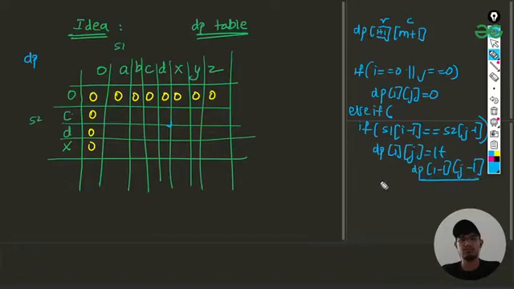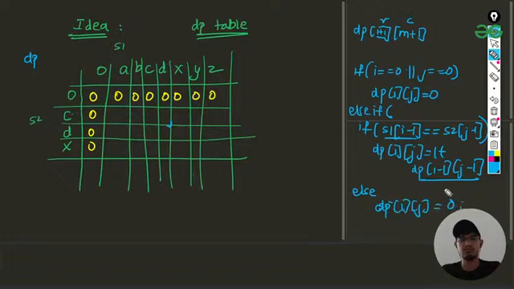So that is the first step. And if it is not matching, then in that case we'll be updating our dp of i j to 0.